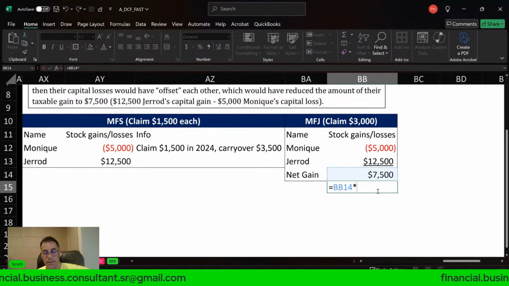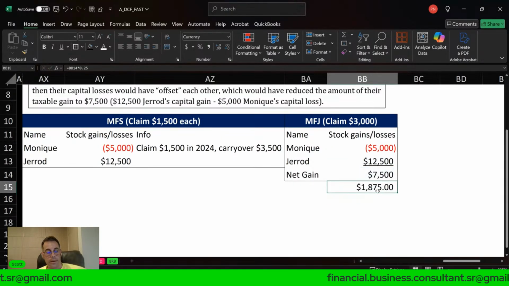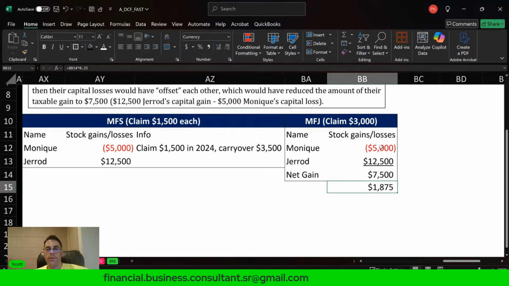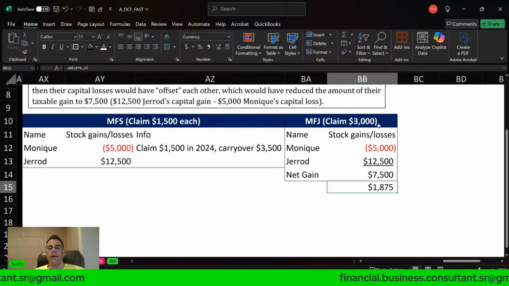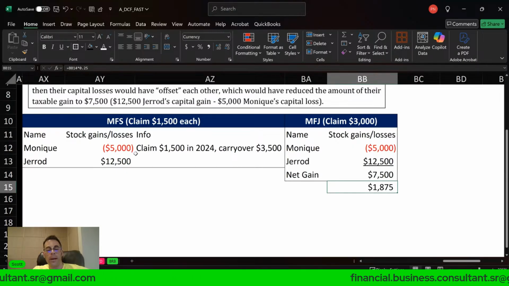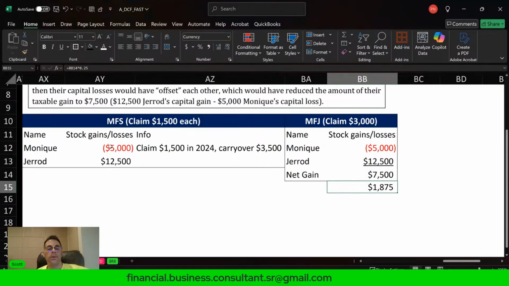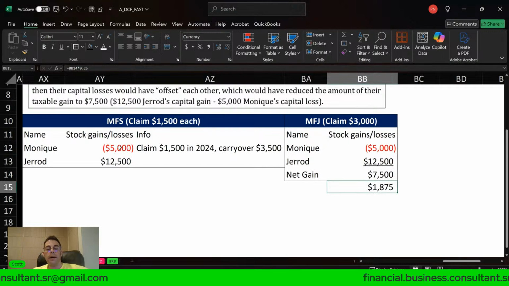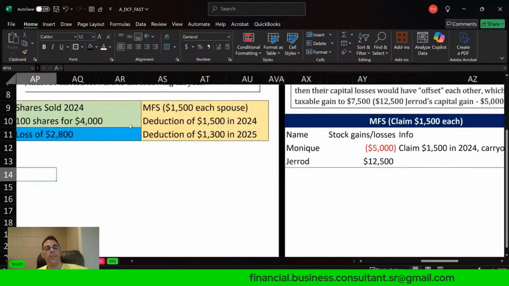So if it's 25% their tax rate, they pay $1,875 in taxes for this year. It's probably gonna equal after X number of years. At some point, it'll equal, but in this case, you get it done this year. Where if you're filing separately, you might have to wait a few years to use your loss. And if it's a big enough loss, you may die before you get to use it, like we saw in this case.